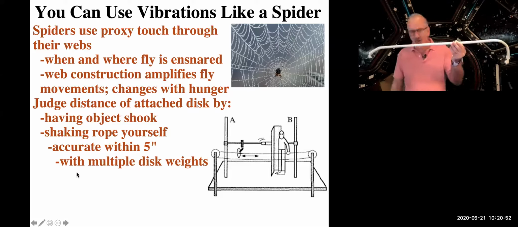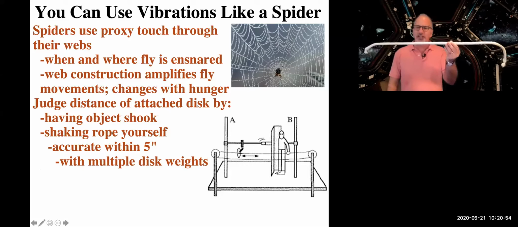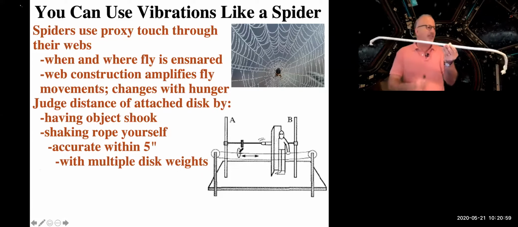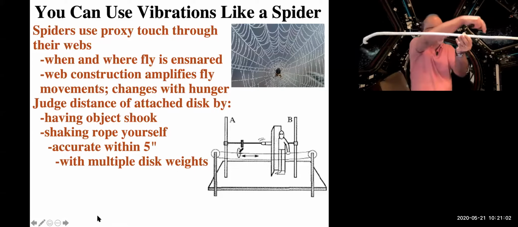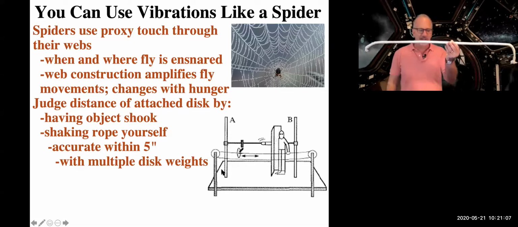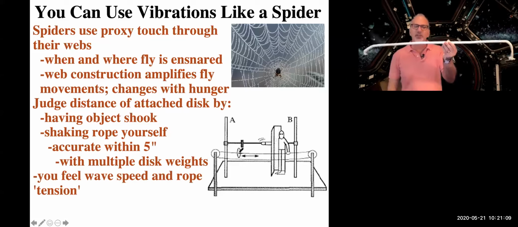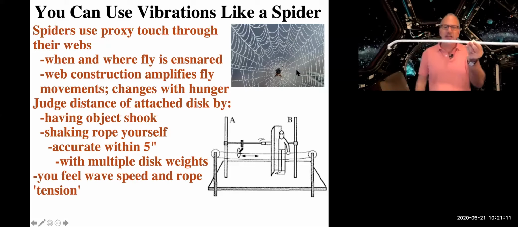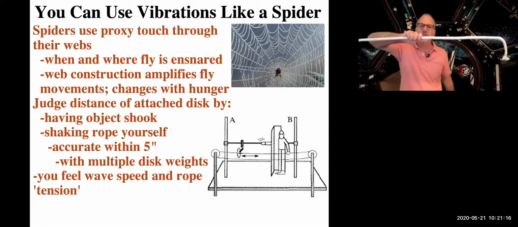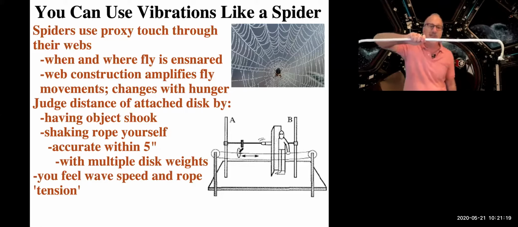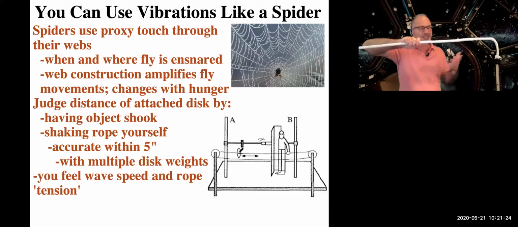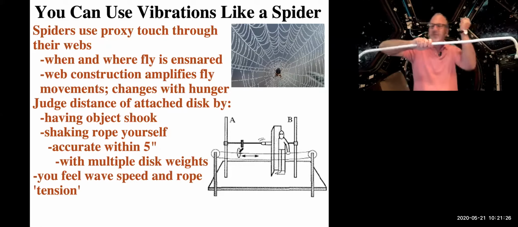How is this done? Well, research that followed this up found that the way the rope vibrates and the way the vibration is conveyed down the rope will tell the hand something about where things are located. So in other words, we feel the wave and the wave speed and the tension in the rope, and this tells us where that weight is located. It tells us how much weight is there. It tells us whether more than one weight is there. And people come to these experiments and say, there's no way I can do this, but bam, they can do it right away.